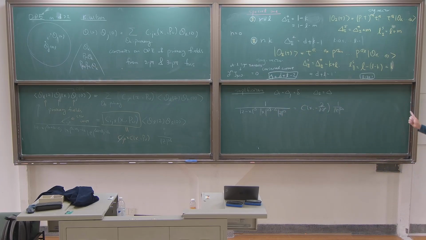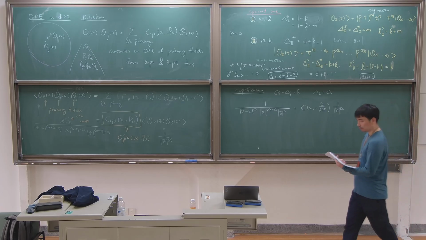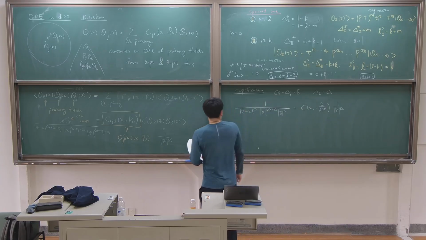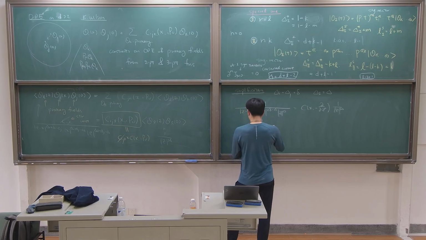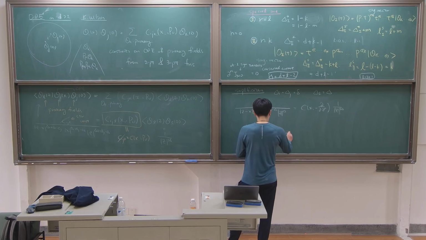And you just compare order by order by Taylor expansion. This can be done as follows. So this one is equal to 1 over z to the delta, and 1 plus delta x over z, plus x squared over z squared, plus